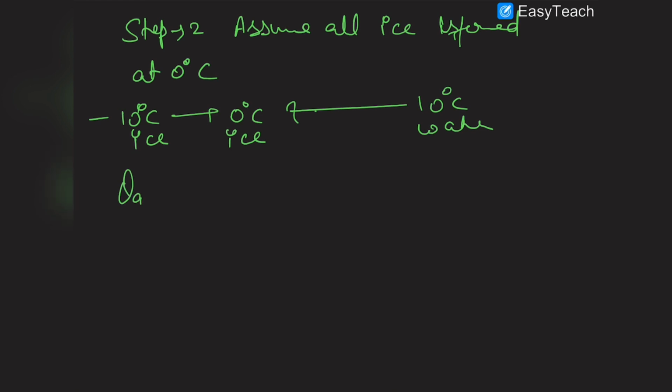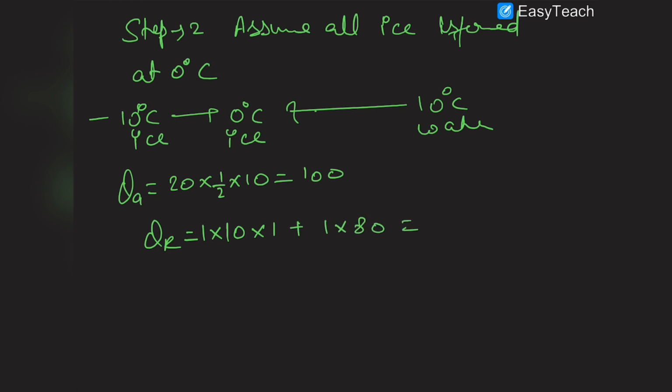So Q absorbed by ice, we have already calculated, it would be 20 into half into 10, so it is 100. And Q released by the water would be equal to 10 into 1 into 1 plus 1 into 80, so this is 90 calorie. So what you can see is that if water completely freezes into ice, then also it can only give 90 calorie, but ice requires 100 calorie of